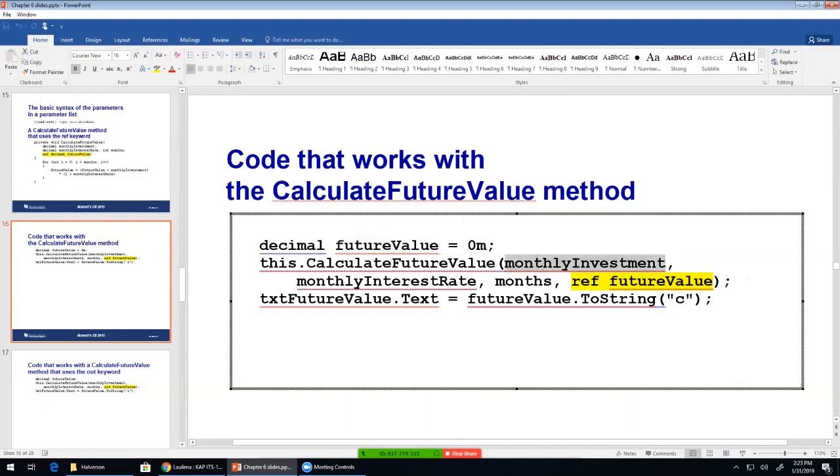Not true with these, okay? It's not the same with these. This is a call by value. But that means that when this method is called, we are taking what the value of monthly investment is and putting that in there, okay? So internally, if you were to